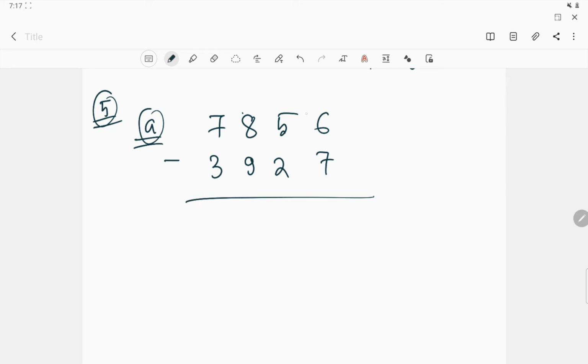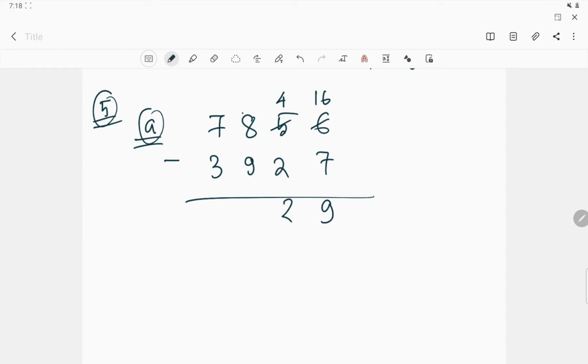In the ones place, the minuend is less than the subtrahend, so you have to borrow 10 from the tens place, so it will be 16 and it will be 4. So 16 minus 7 is 9,